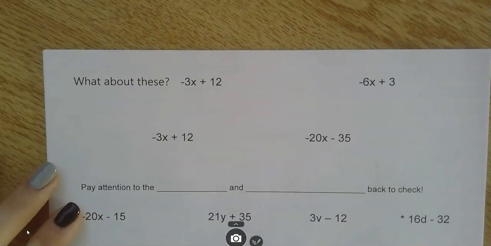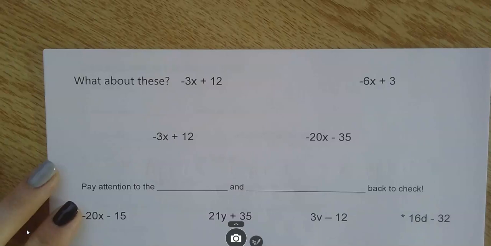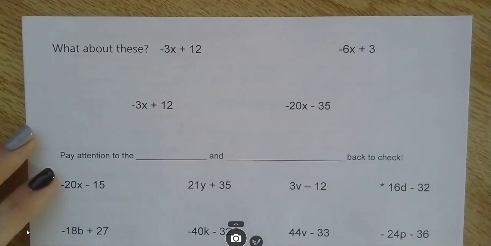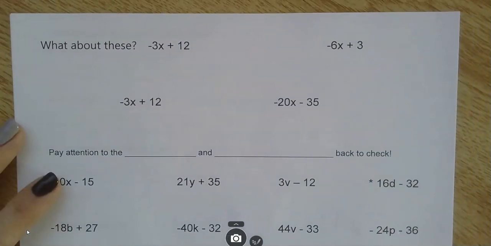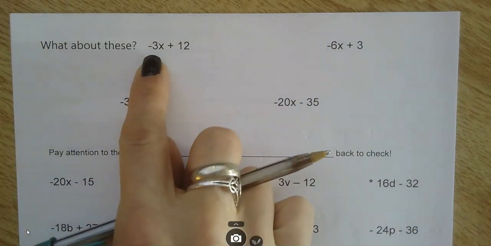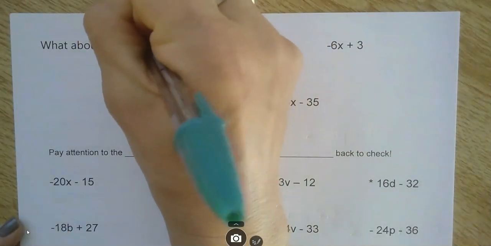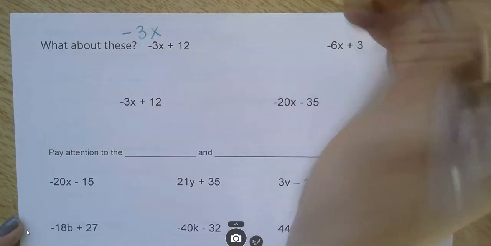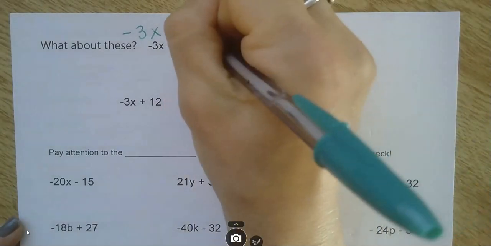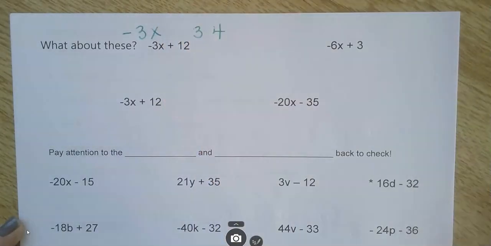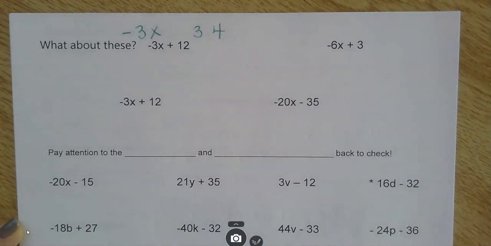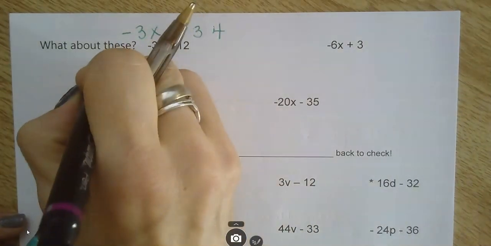There's one more little twist to these. What about when I have a negative in the front of my expression? So, still thinking about a greatest common factor for 3 and 12. Okay, 3. So this is a negative and a 3 and an x. And then my 12 is a 3 and a 4. Well, if I use that 3 as my common factor, pull it out front,